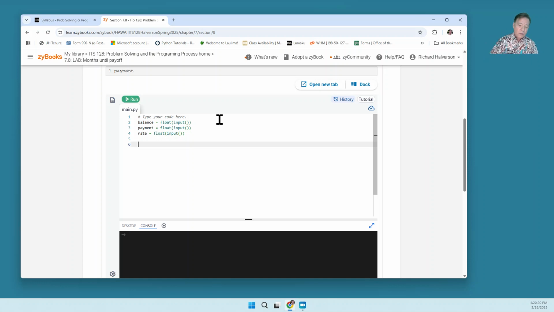It's going to keep doing that, and we're going to count how many times it does that. That will be the number of payments. So let's start by saying the number of payments is equal to 0, and then we'll say while balance is greater than 0,